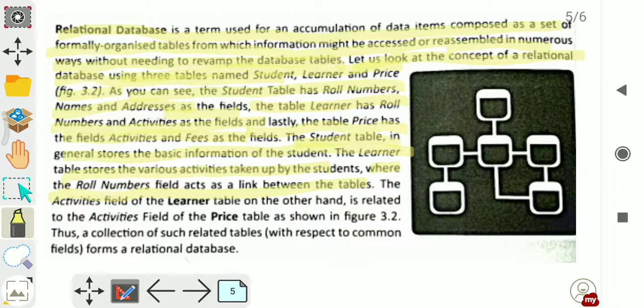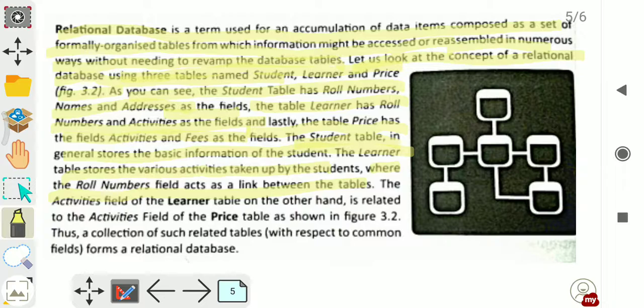That is why roll number uniquely identifies each record, and the other name of record is tuple, right? And what is a record? The information or data of one row is known as a record. The rows of the table are known as records, and the number of columns in a table is known as degree, right?